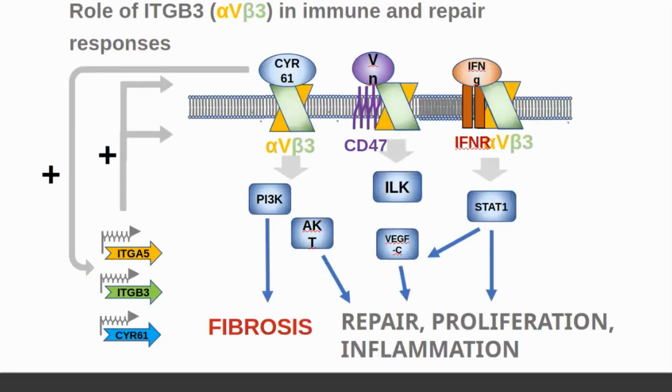This is it in more excruciating detail, I'm afraid to say. There we go. The integrin ITGB3 is this green protein here, sat in a membrane. When it's not controlled, it leads to fibrosis because it over repairs. It keeps trying to repair tissue damage. It keeps trying to make junctions between cells. So it leads to a very sort of scar-like phenotype in the lung, and it causes a lot of fibrosis.